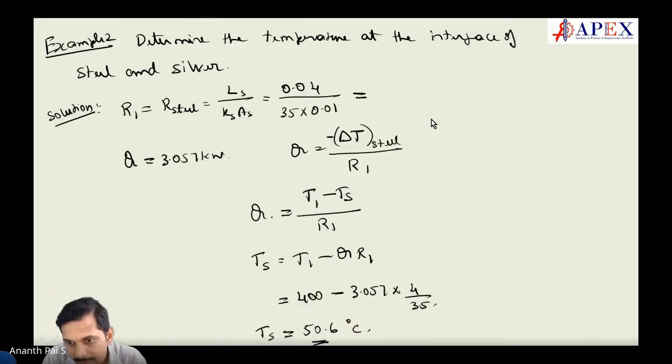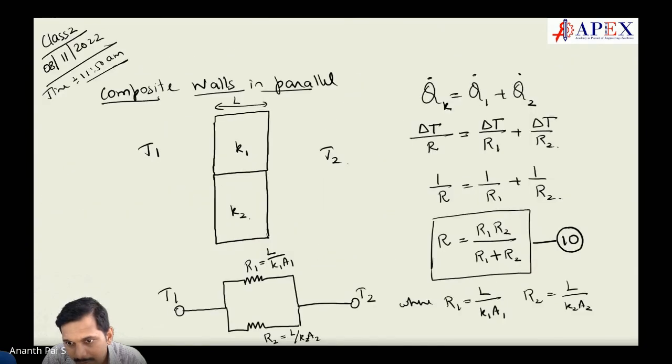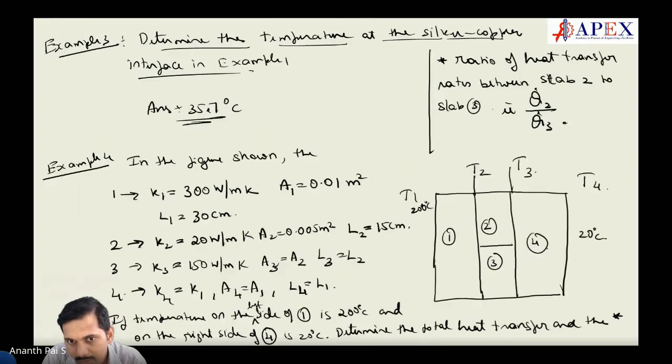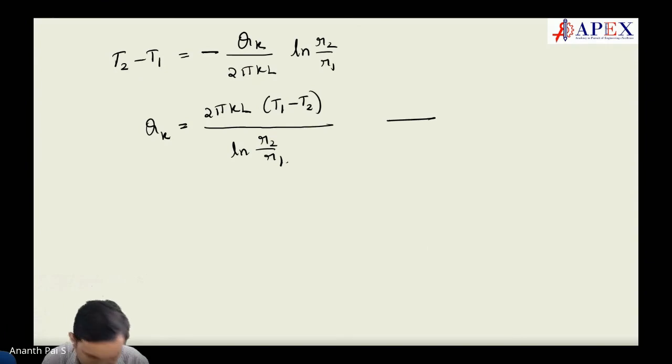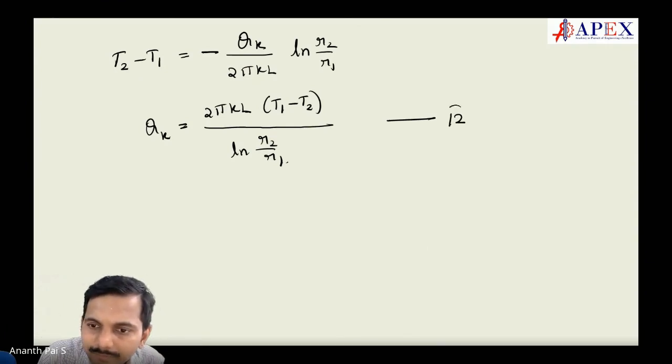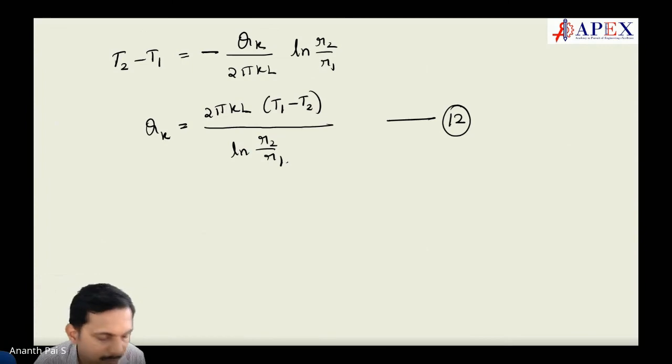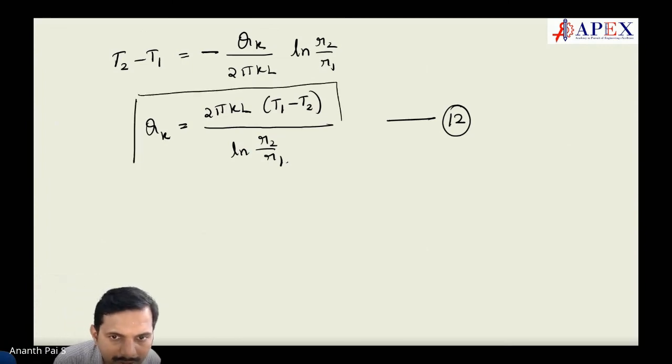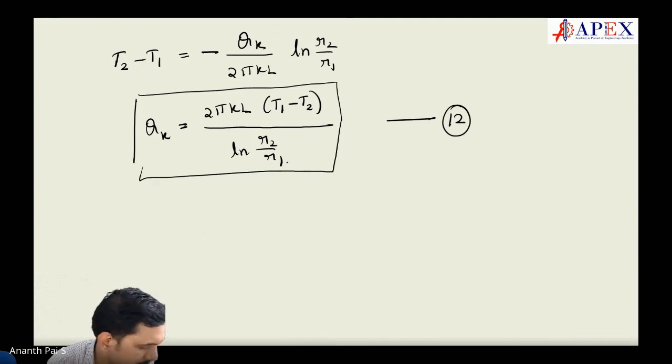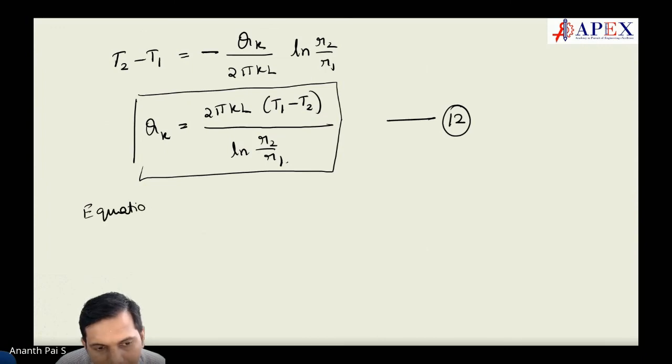Let this be an equation number. Where did we come to? The last equation number was 11, so let us go with 12. Let this be equation number 12. Makes sense? Very important. Now this equation 12 can also be written as,